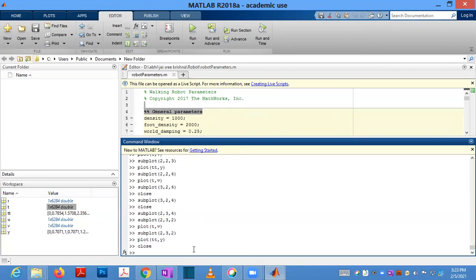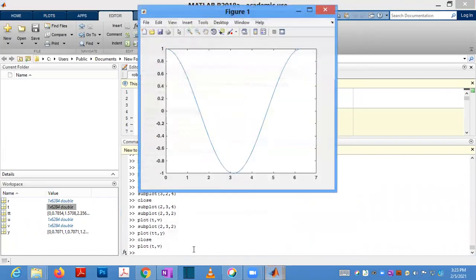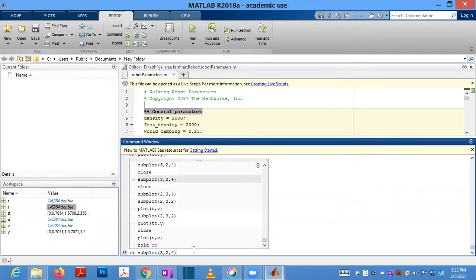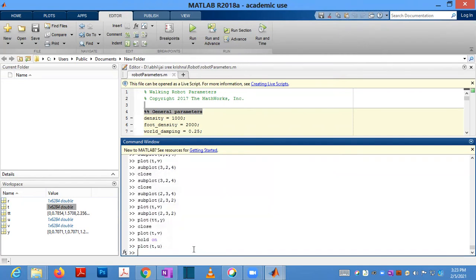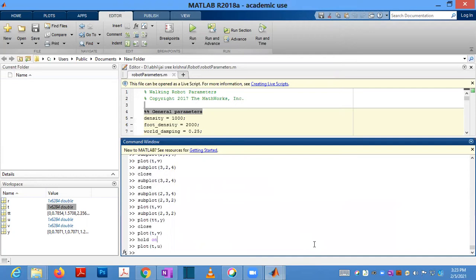So if you want to plot this t, v, hold on. Again, if you want t, u or something, it will be displayed in another color. You can select your own color if you want.